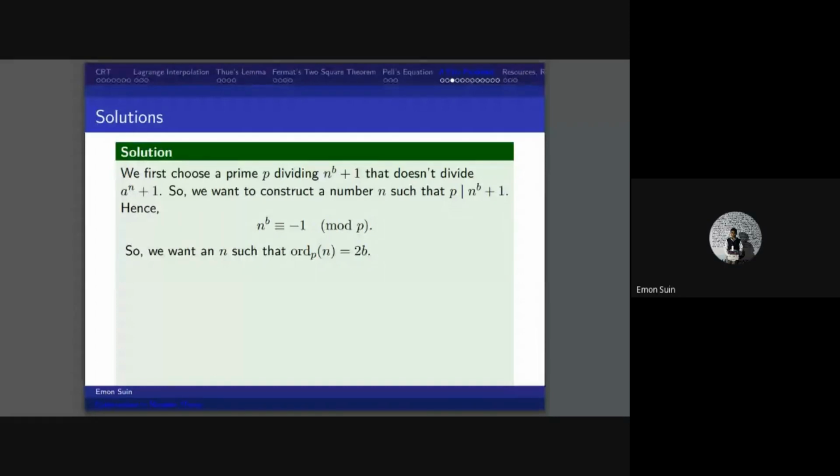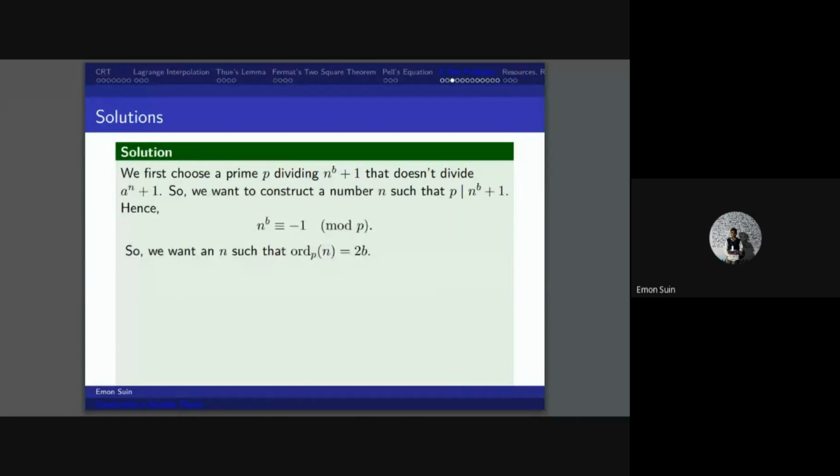If anyone has a problem, let's say who does not know what order is, who does not know the definition of order or something like that, speak out. Okay, so you don't know what order is. Okay, so order is defined as something like this. We say order of n with respect to p. I'll type it out in the chat. Order of n with respect to p is defined as,